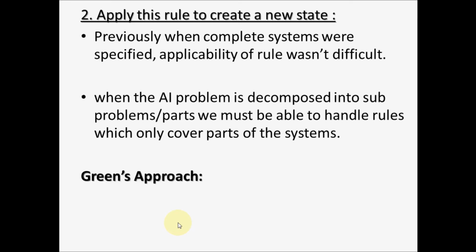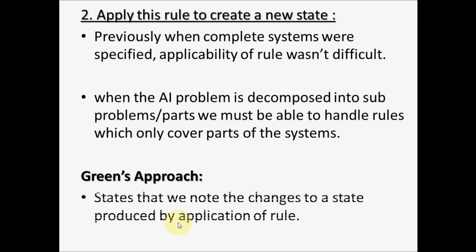So there was one approach by a person called Green. We call it Green's approach. This Green's approach states that we have to note only the changes to the state produced by application of a rule. Whatever changes will happen to the state after a particular rule is applied, you have to note the changes to the state. As an example, of how to create a new state,